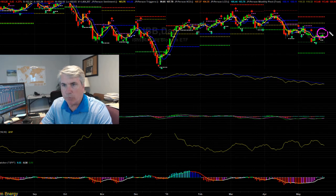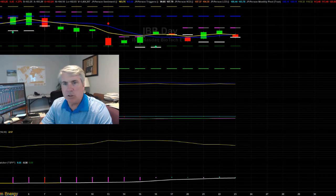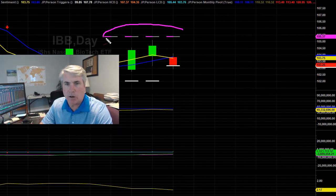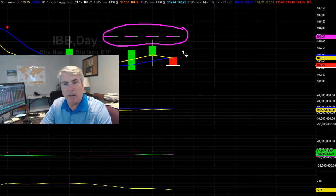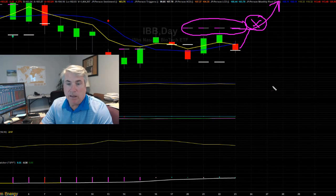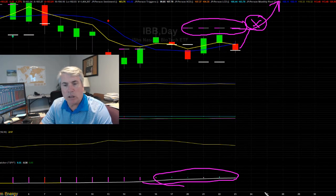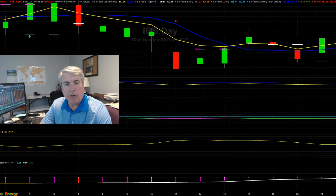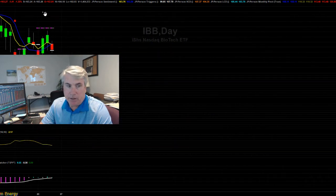Also, you see this little fuchsia color here, and I'll try to expand on this for you. This is what we call a last conditional change. It's a resistance, this pink and gray area. It's one of the John Person last conditional change indicators here. And if we can break out of that level and manage to get a close, X means close, a close greater than that line in the sand, biotech, I feel, has some good upside. The relative strength's looking a little bit better. The volume indicator, hard to see, so I'll line that up for you. The volume indicator is starting to improve. And that's the making of